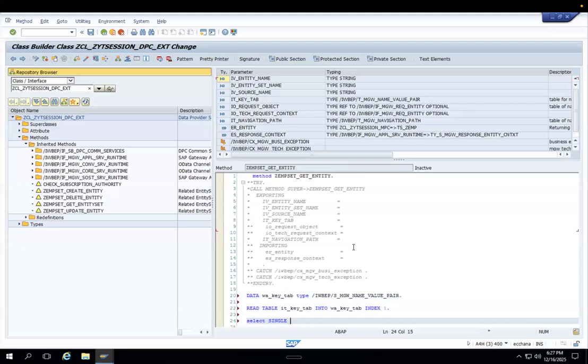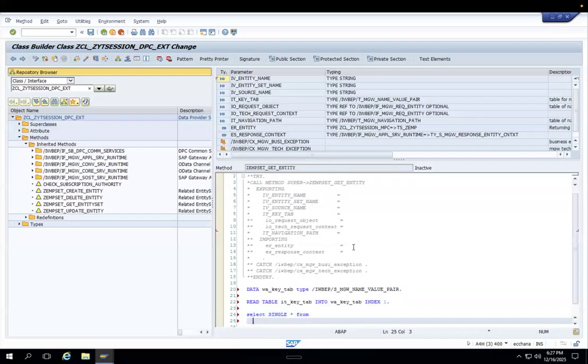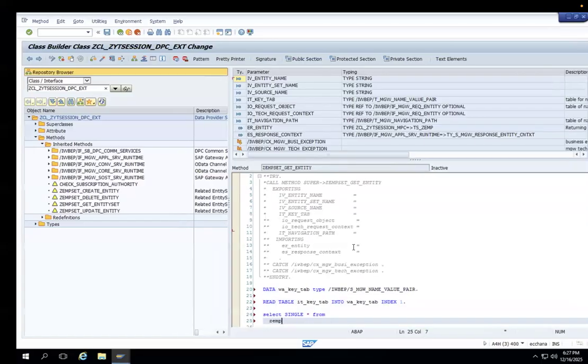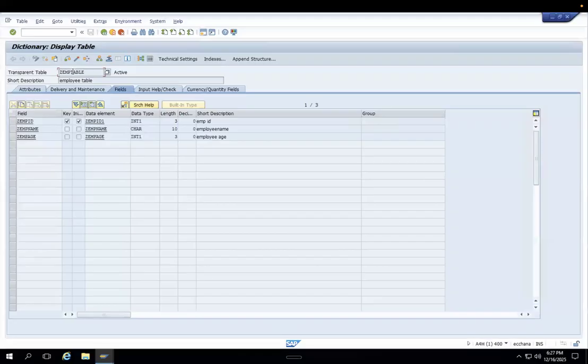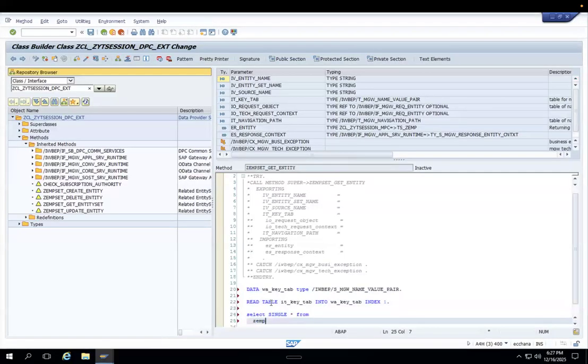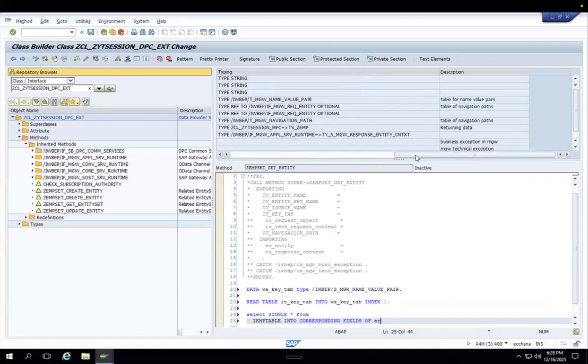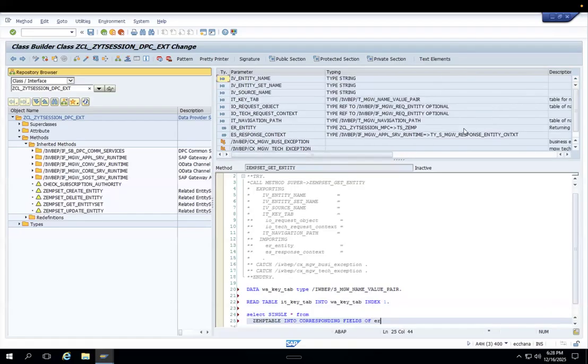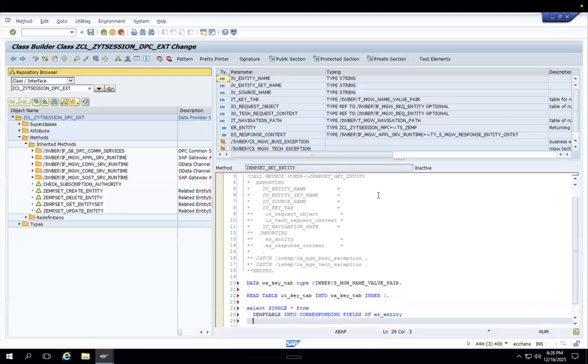single star from. Now the name of my table is Z. Okay, one second. Yeah, ZEMP table would be the name of my table. So ZEMP table into corresponding fields of. So here you have your ER underscore entity, right? So into ER, and what is ER underscore entity? If you can see, it is written here, I guess, returning data, right? So it returns the data that you are looking for. It returns the value to me. So ER underscore entity, and ER underscore entity,